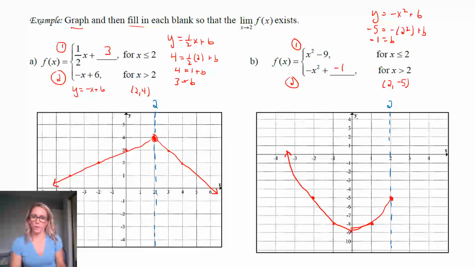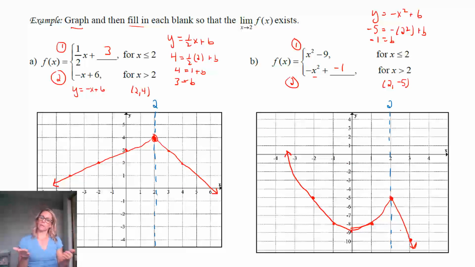And really, in order to graph this, you just pick some values. So we already know that it's going to meet up at the 2, negative 5, because that's how we found b. But if we put in 3, you can see that 3 squared is 9, times negative 1 is negative 9, plus a negative 1 is a negative 10. So we have this point down here. And then we can do other points. They're just not going to be part of it because we want to be on the right side of 2. So we do know that it has a y-intercept of 0, negative 1. So we know that it comes down. So we can just kind of keep it going down like this.